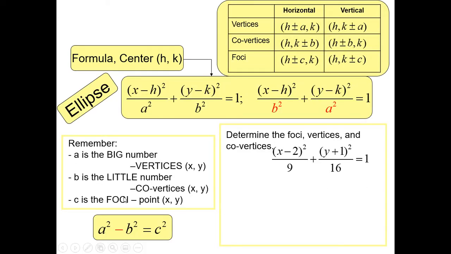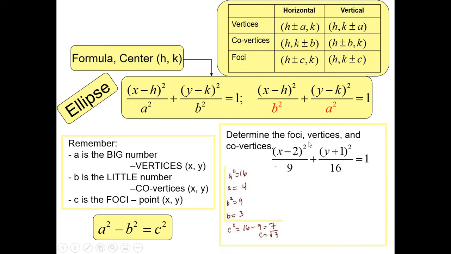All right. We also talked about ellipses and how to draw them. There's quite a bit of information on this slide that you're going to want to keep handy while you're working on your study guide. I'm not going to go through every line on this right now, but I did want to look at this